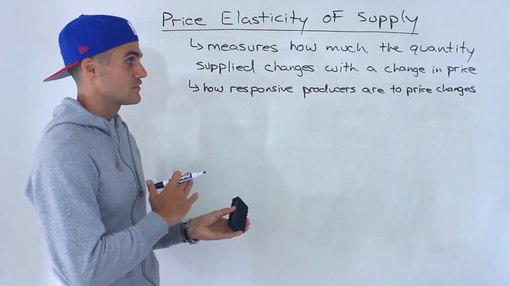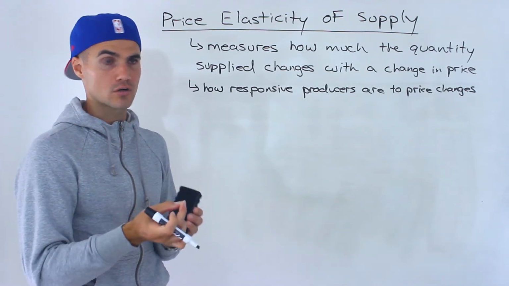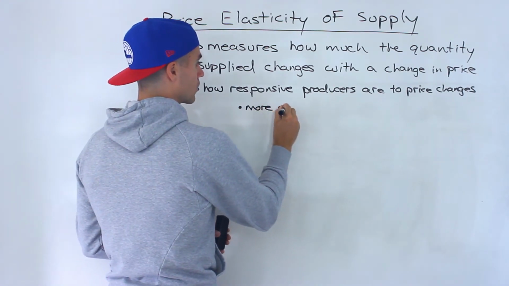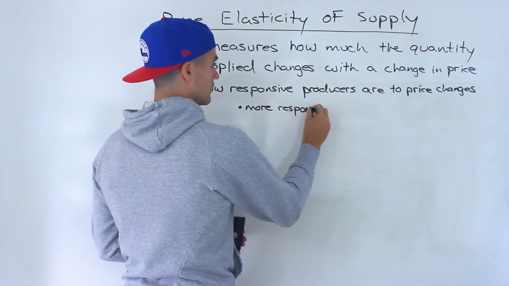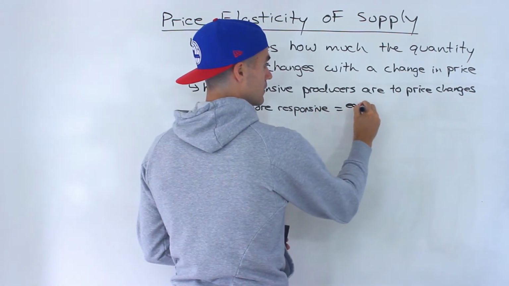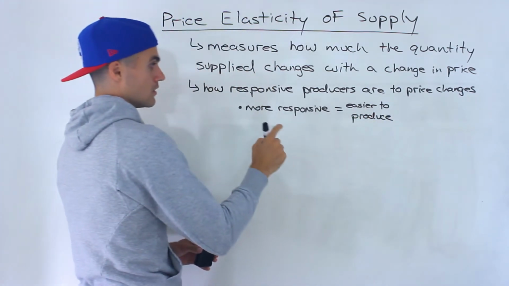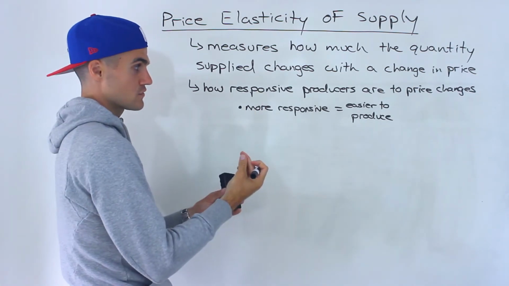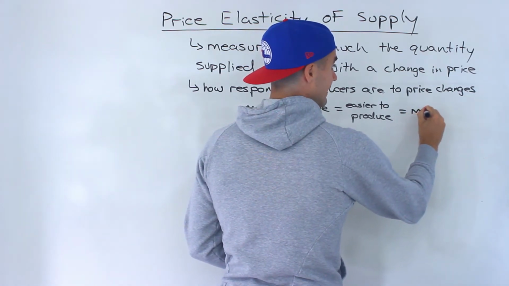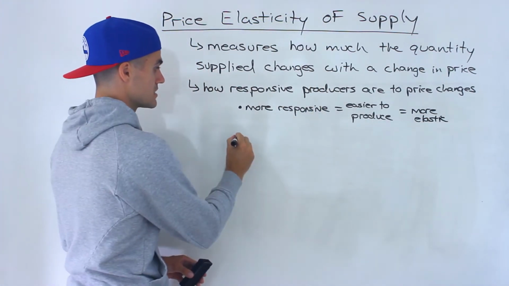An even less technical definition is to say how easy it is for a producer to produce that good or service. So just in general, the more responsive a producer is, basically the easier it is to produce that certain good or service. So the more responsive, the easier it is to produce that good or service, the quicker it could be produced. That means that that good or service then has a more elastic price elasticity of supply